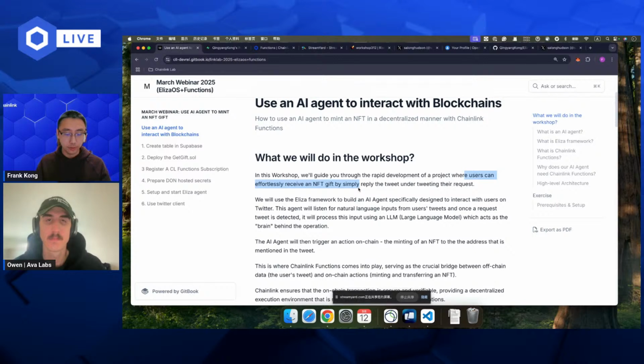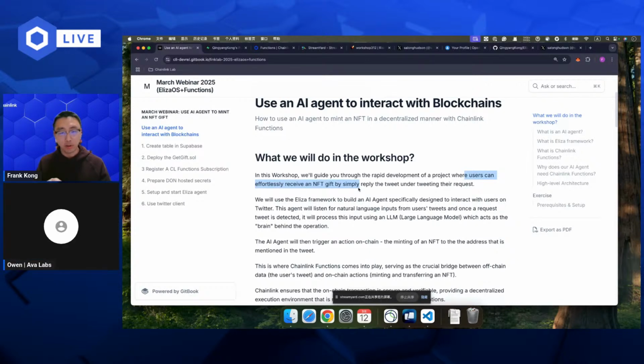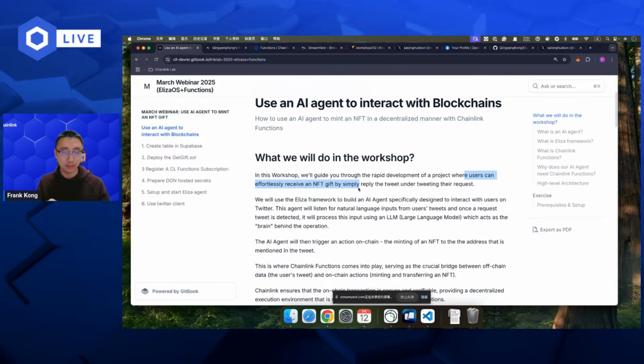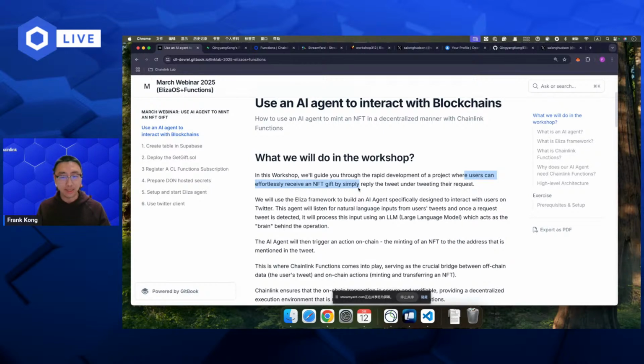But with AI, we use an AI agent as an abstraction layer that allows end users to just input natural language. The AI agent will analyze every natural language request it receives and decide whether an action needs to be taken or not. If, based on this input, the AI can see the address and the gift code, then it can use the information in the natural language to compose a transaction and send it on behalf of the user. This is what we are going to build today.